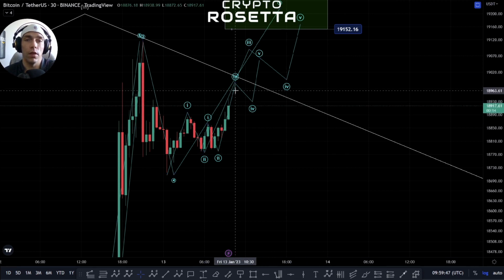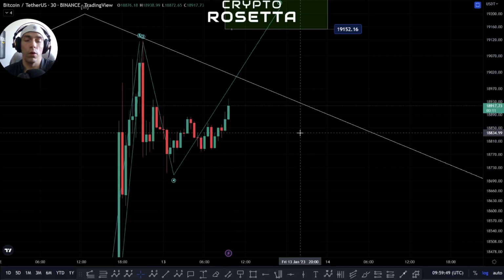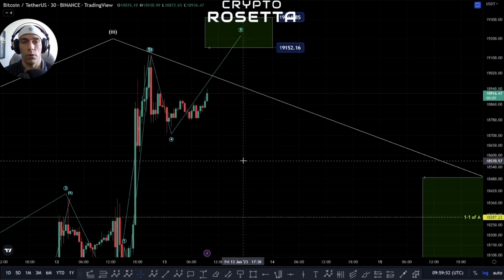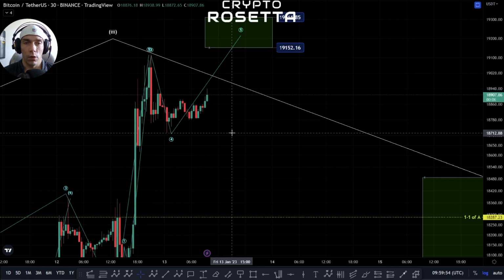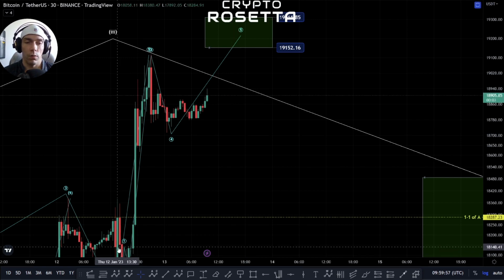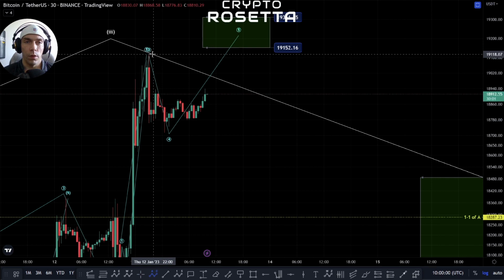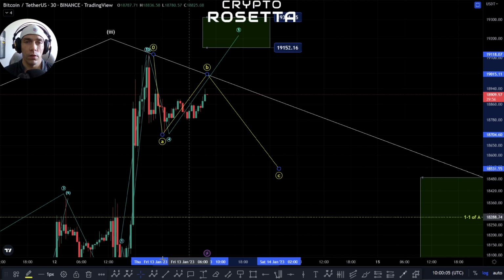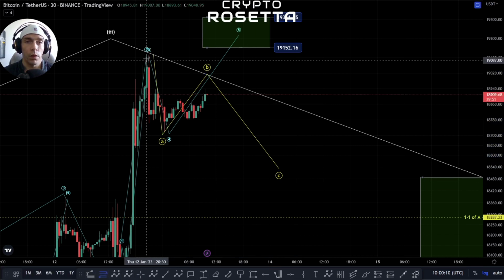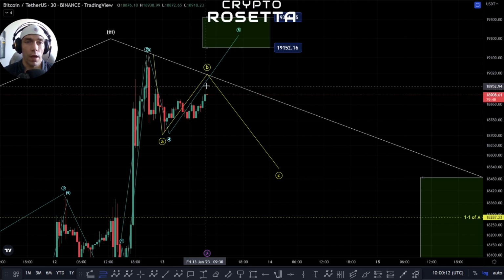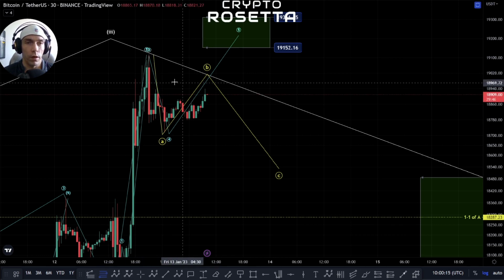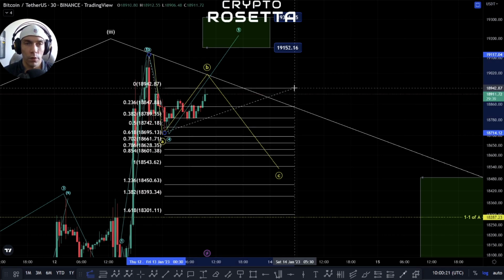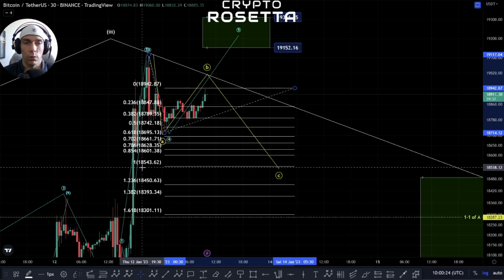If this doesn't reach that impulsive zone, what I'd be looking for as confirmation that we're going in for a deeper fourth wave is to see this low point here broken, at this 18714. What we could then be looking for is a bigger ABC pattern to the downside, where we form that as an A, a B, and a C wave to the downside here. And then we would be looking for potentially, it depends where exactly this rejection happens, but if we look for that 1-to-1, which was in line with this low point here, what we could be looking for is a move potentially down towards this